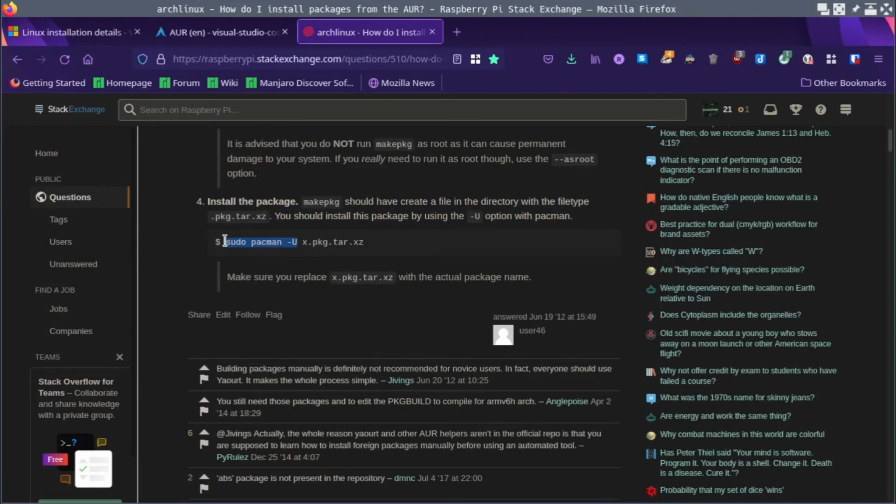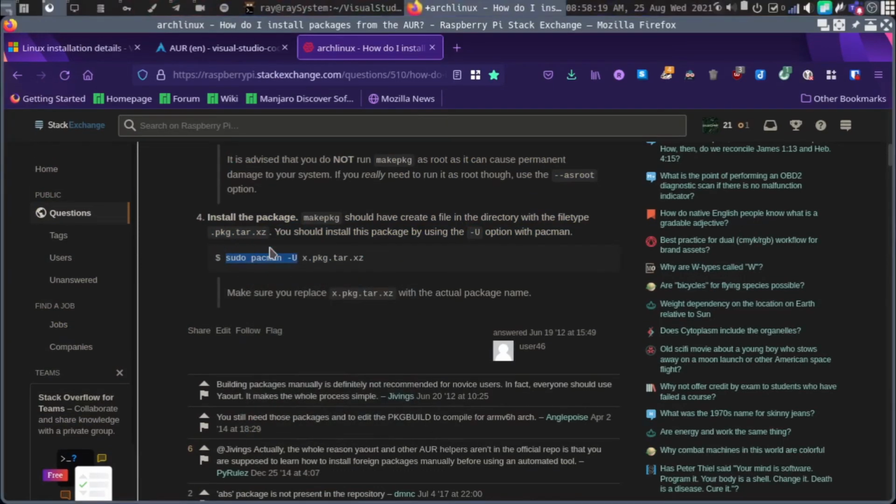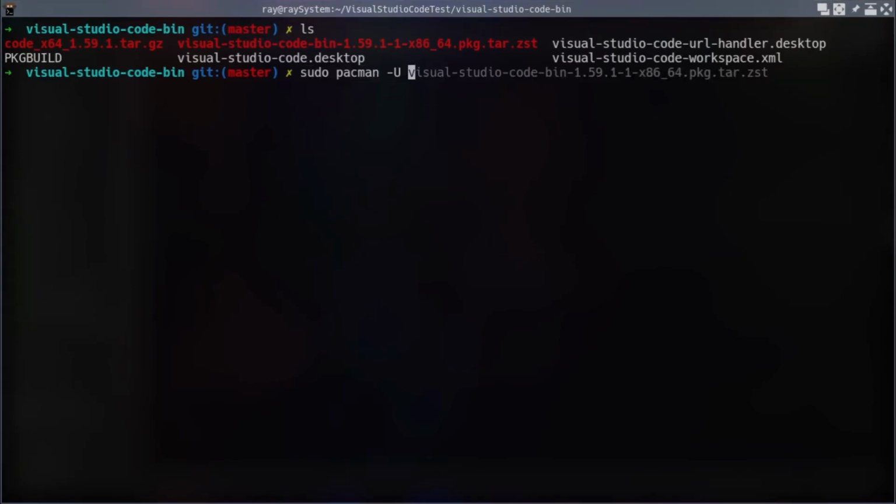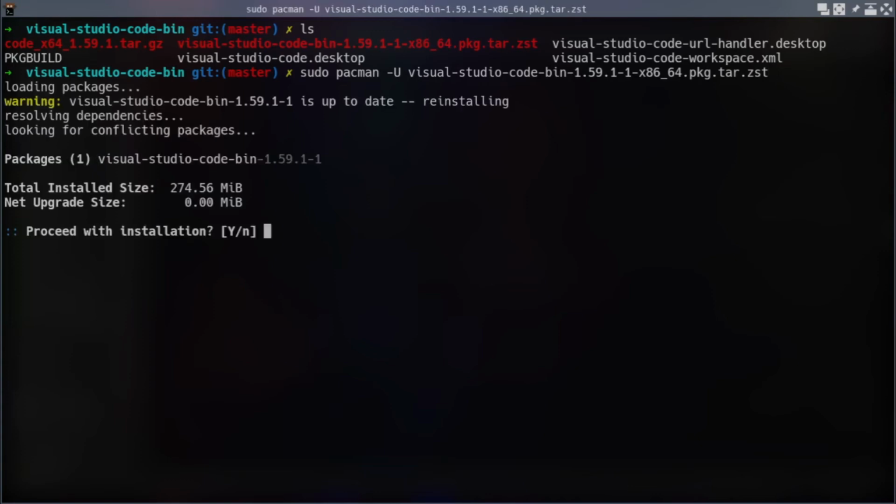I will be using that, but I will not actually install or overwrite the existing Visual Studio Code I installed. If any Visual Studio Code version is installed already, it will show you when you run this command, asking whether you need to overwrite the existing one. So here it is actually showing me that it is up to date and reinstalling. Anyway, I will press no. In your case, if nothing exists, it will be a fresh installation, while if it exists, it will ask you to reinstall.